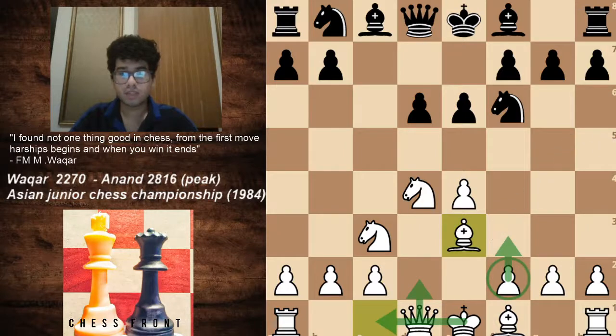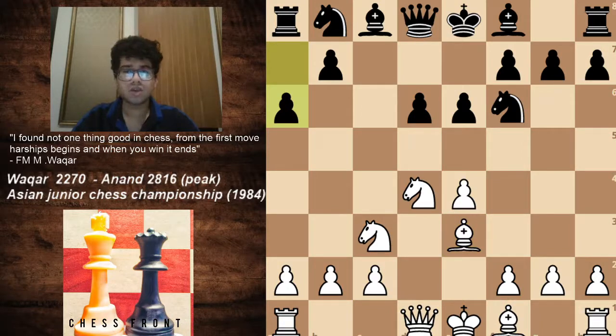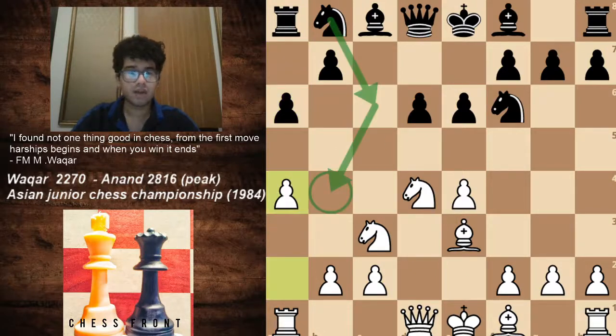So we have bishop e3, the start of the English attack. It's a plan based around playing f3, queen d2, and castling long, where black will castle kingside and white queenside, and both of them will roll pawns down the board, and we'll see some exciting chess. So we have a6, stopping ideas of knight b5 or bishop b5, targeting the weak d6 square as you usually do, and a4, a bit of a weird move.